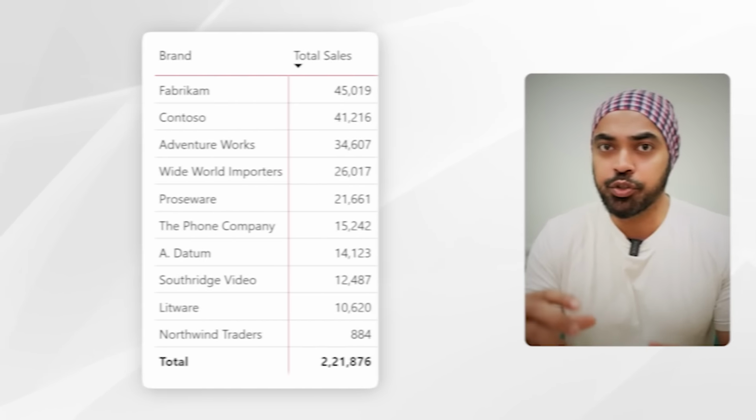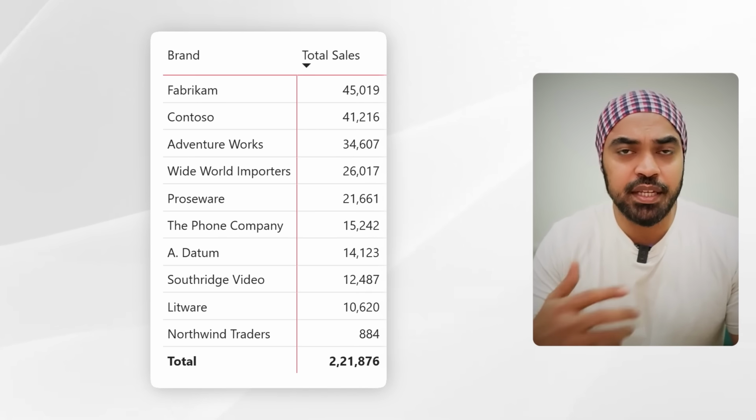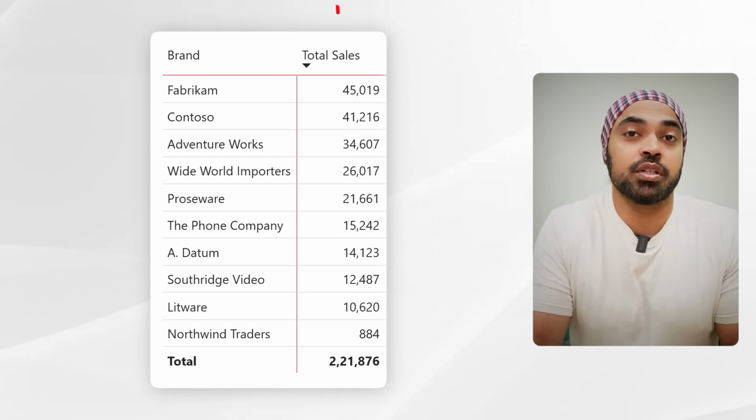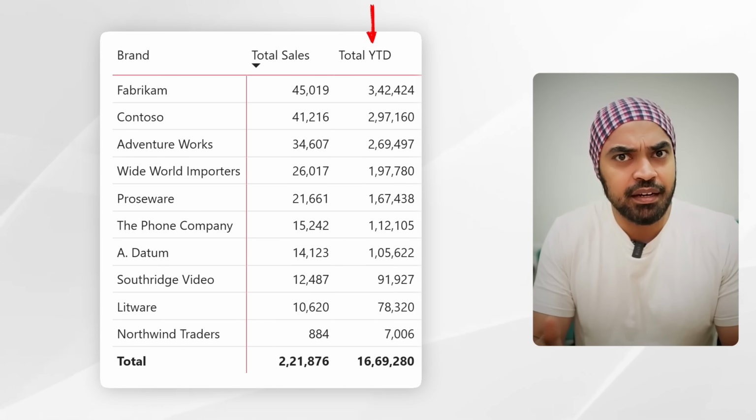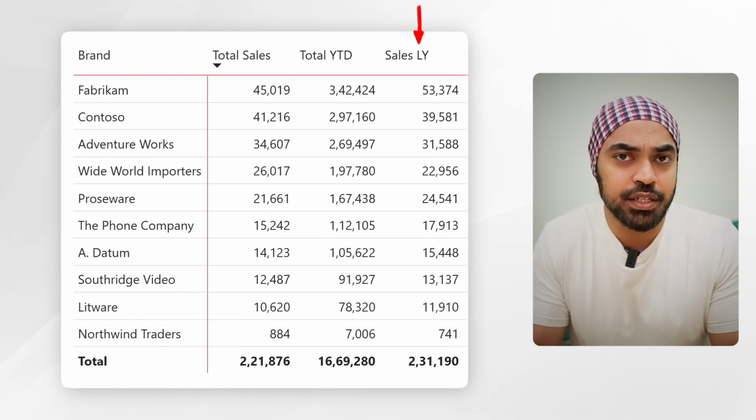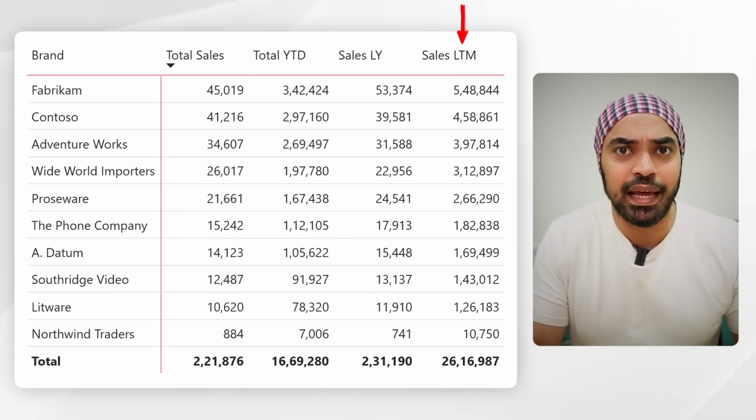Often in your Power BI report, you will come across the need to show custom time periods that the user would like to see. These are beyond the selection of the current month, something like a YTD or comparison to the last year, or perhaps something more complicated like last 12 months. Now, you can obviously achieve that by writing complicated DAX measures, but that just makes the report so complicated with